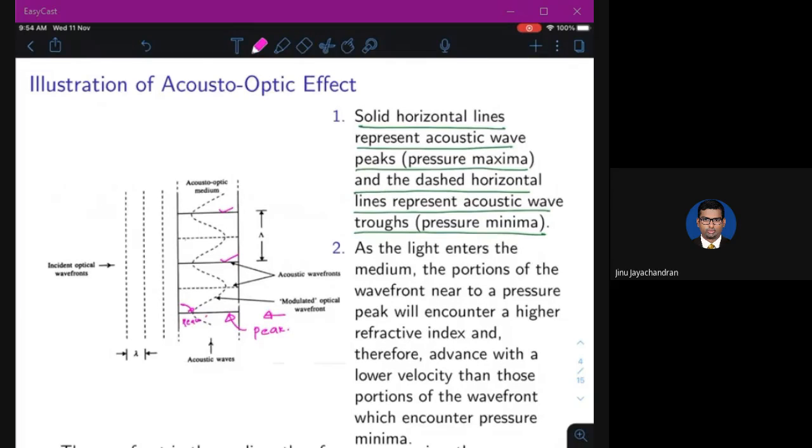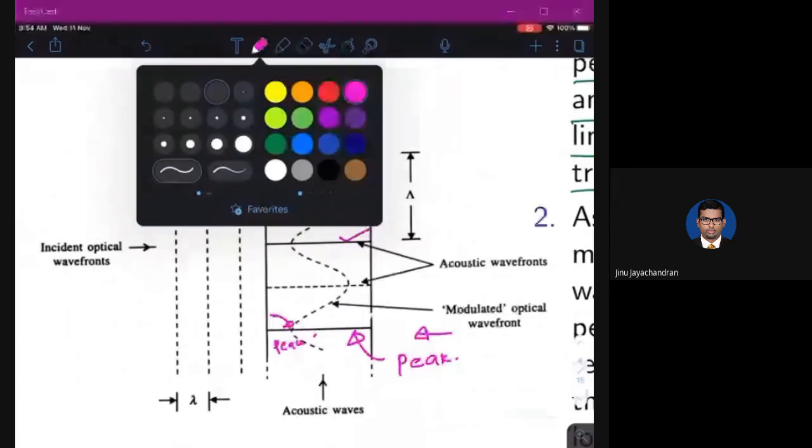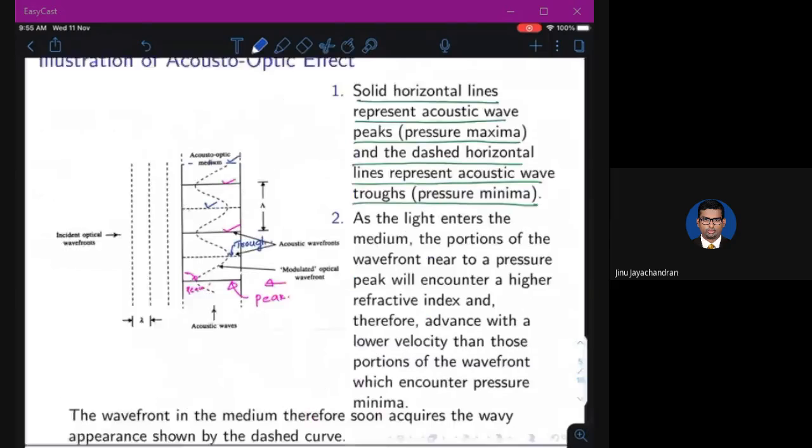So those are all different wavefronts where you can see it is the peak. Okay. Now the dashed lines, which is this, is actually the trough or the minimum. So this is another trough, and you can see another trough comes here. Okay. So the solid lines are the peaks, and the dashed lines are the troughs. Okay. Fine. Now,